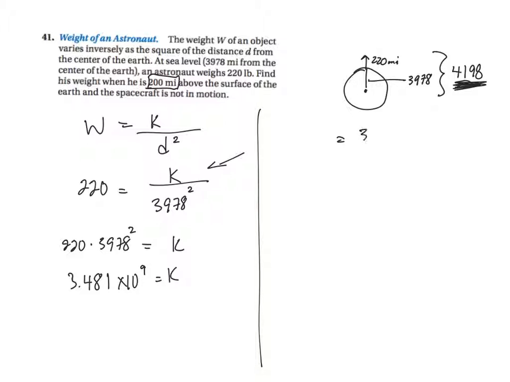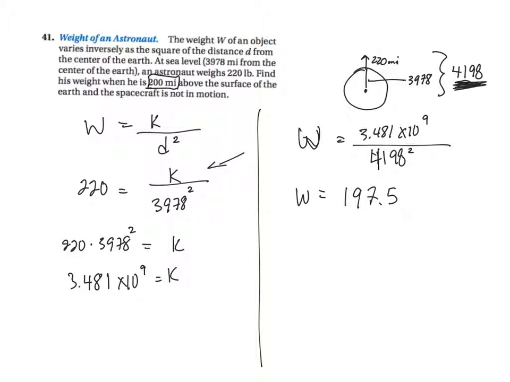Okay, so now I can use that K value. So my K value is 3.481 times 10 to the 9th. And this time they give me a distance of 4198. So 4198 is the distance, and I need to know what the weight is. So I have to take what I just got and divide it by 4198 squared. That's about 197.5. So his weight is about